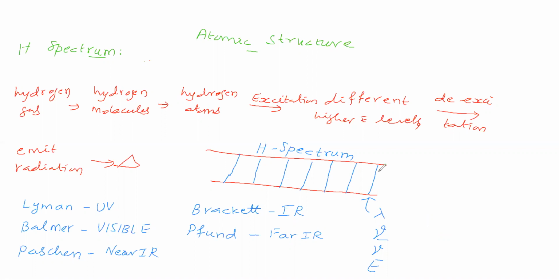Now, how to find the wavelength of a spectral line in the hydrogen spectrum? In the hydrogen spectrum, spectral lines are present. How to find their respective wavelengths, their respective wave characteristics? For this, Niels Bohr gives a formula to find the wavelength of a spectral line in the hydrogen spectrum. How he derives the formula, that we will see.